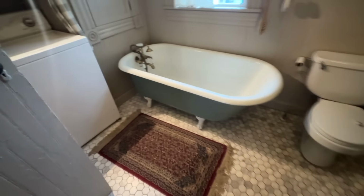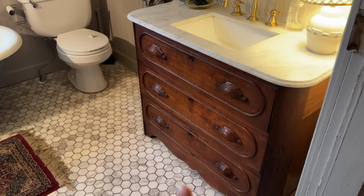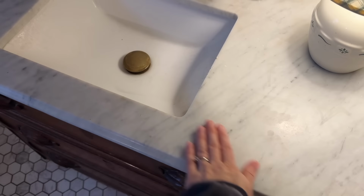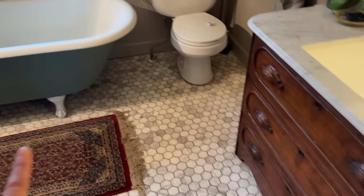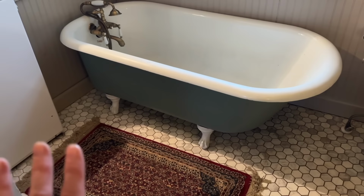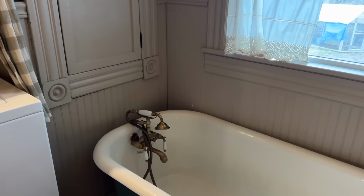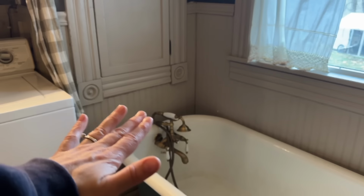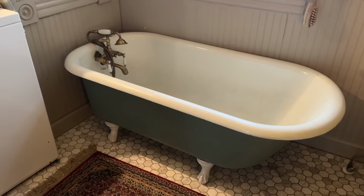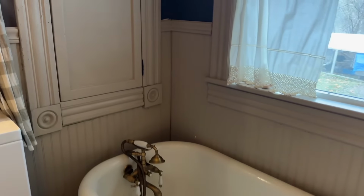It's our laundry room. It's our guest bath. We did this vanity here. It's an old dresser that I found someone to cut the marble and add a sink. We put in a clawfoot tub, so there was no bathtub or shower on this level. This was a full door. We took half of the closet out to put in the tub, which for us was totally worth it